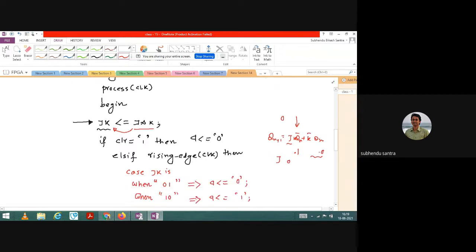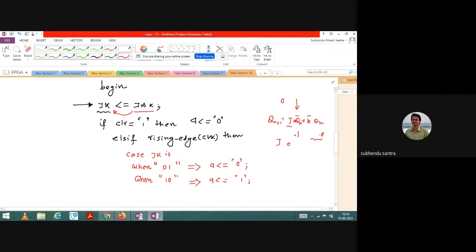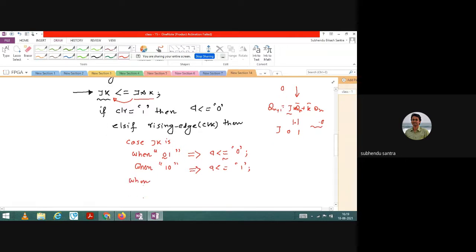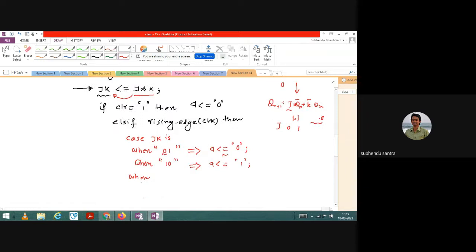And j, so if j is 0, then output will be 0. Okay, so let me check what I did here. If j value is 0, the output will be 0. Very good. Now if k, so 1 0, then j value is 1, so 1 multiplied by 1 means 1. Okay, so that is correct then. Then what I will write, 1 0 0 1 is over, then 1 1. Can anyone tell me what will be the output of this case? What will be the output of this case?